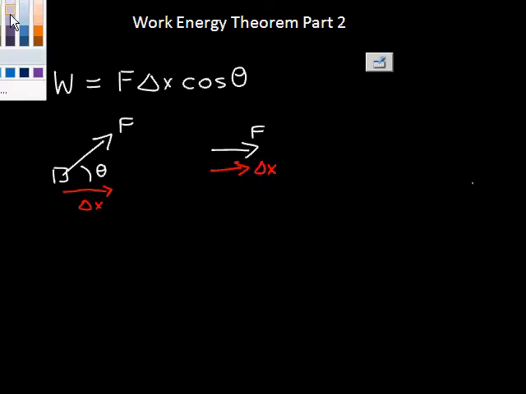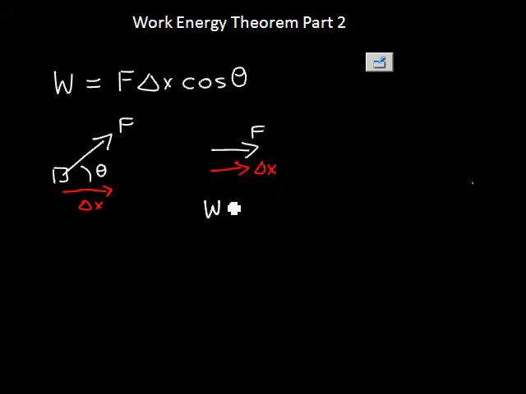Now if F and delta x are in the same direction, like so, and let's say that to the right is the positive x direction, then force and delta x are both positive and work is positive, greater than 0. And if you think for a little bit, if you're applying a net force, this is always going to be any unbalanced force to do net work,